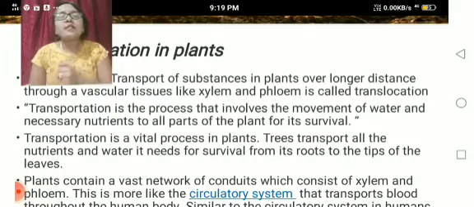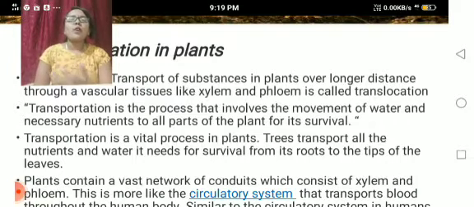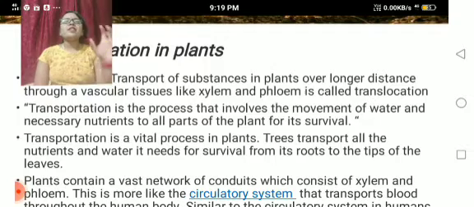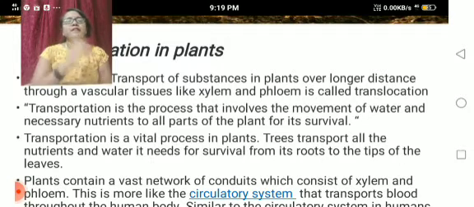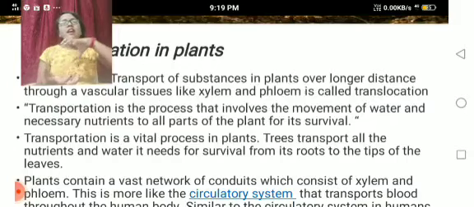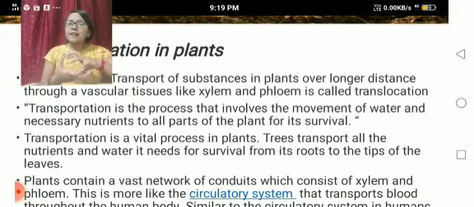Next, we shall move on to the definition of transportation. What is transportation? Transportation is the process that involves the movement of water and necessary nutrients to all parts of the plant for its survival. Transportation is a vital process in plants. Trees transport the nutrients and water they need for survival from the roots to the tip of the leaves. The tree absorbs water, minerals and nutrients from the soil with the help of the roots and supplies the entire part